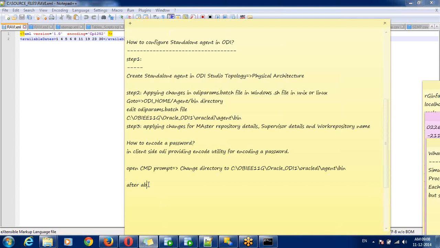After the above changes, save the file and close. Then step 4, starting agent using commands.